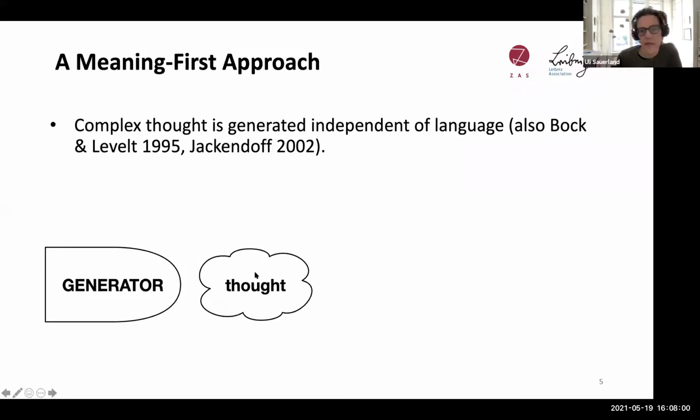And that creates first complex thoughts, and then humans furthermore have the ability to communicate these complex thoughts. And the question is, well, how do they do that? In previous explorations of some ideas similar to this, it was assumed that there is a direct mapping of thought to